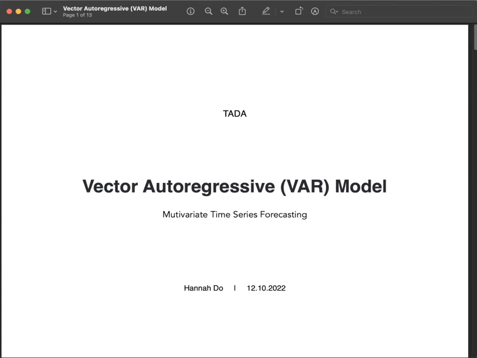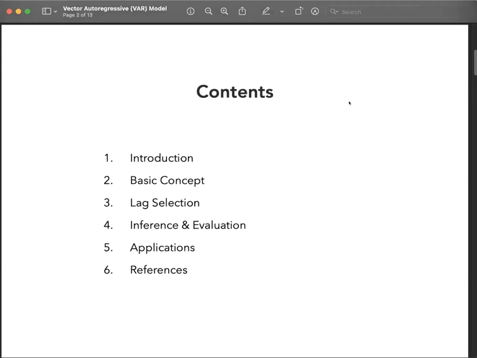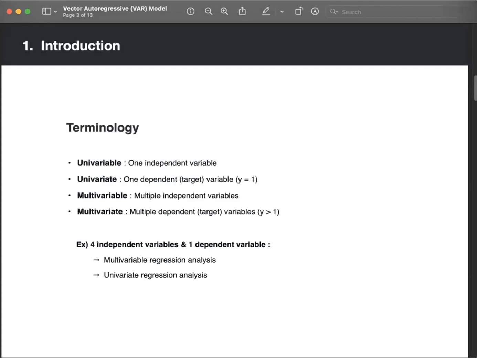Okay, hi everyone. My topic for today is vector autoregressive model, VAR model. It's commonly used for multivariate time series forecasting. And I want to go over some terminology before introducing the VAR model because these four terms at first were